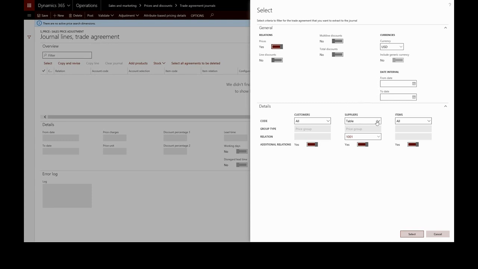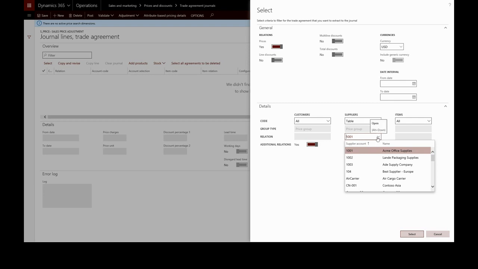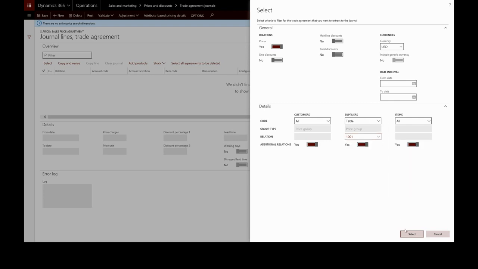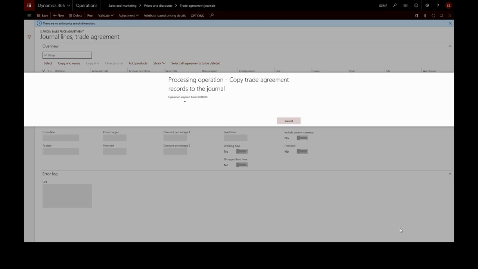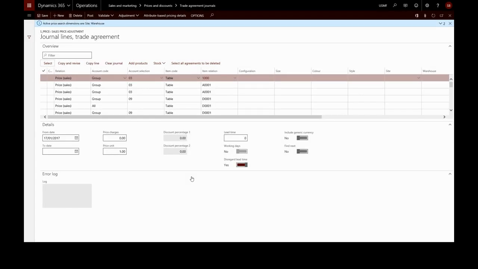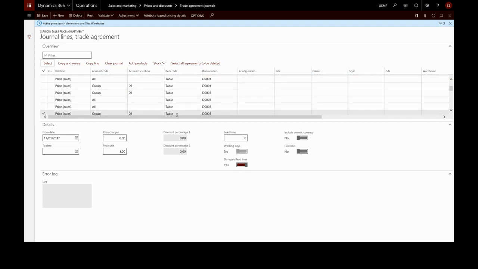By selecting Table here, we can find all the journal lines for this particular supplier, and we'll select. It will find and import all the lines according to our criteria, and now we can manually update these lines as needed,